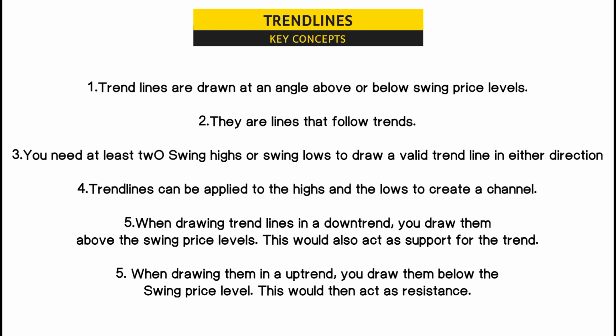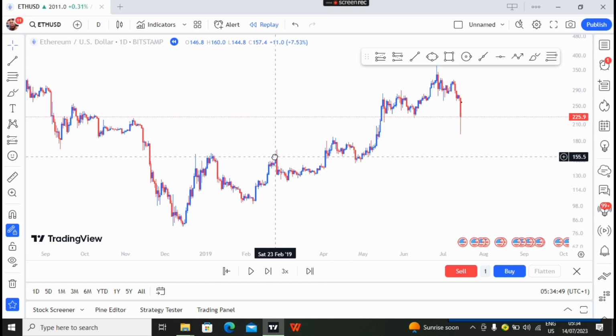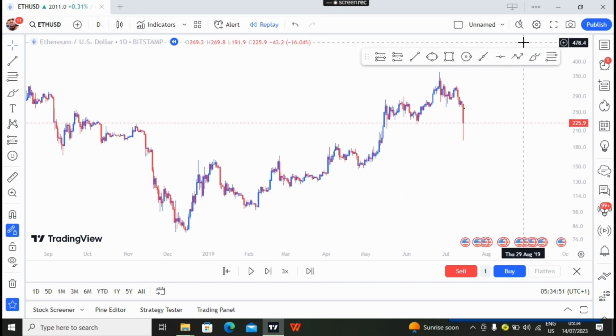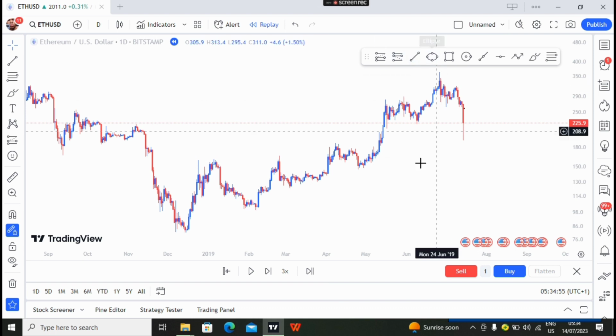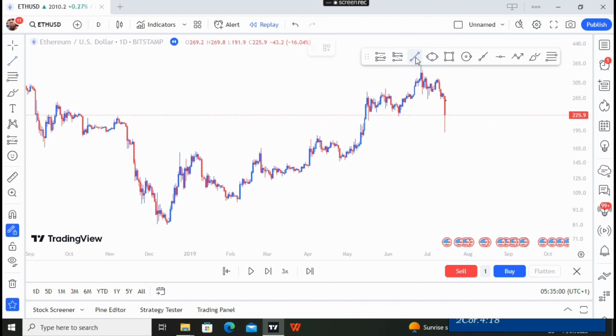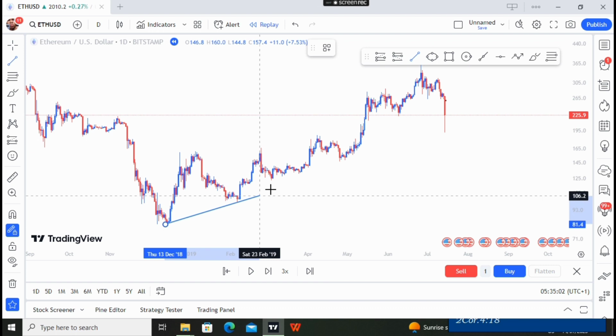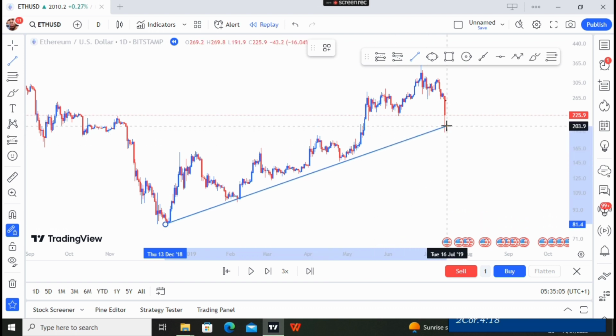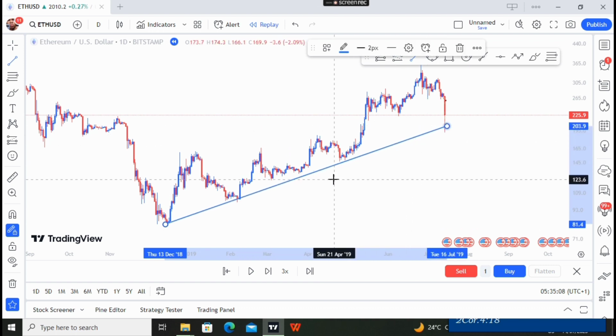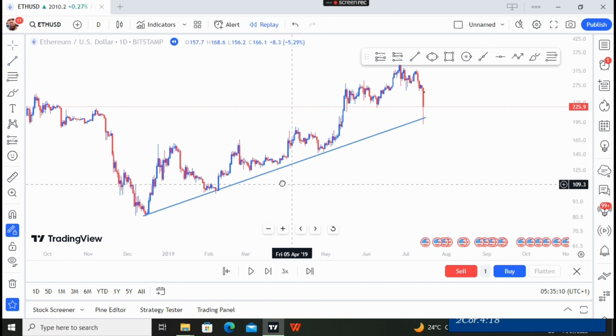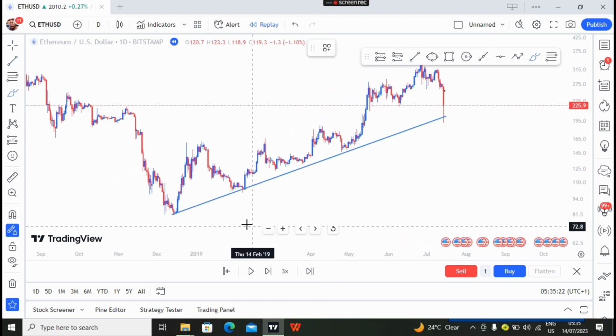To illustrate, let's look at a live scenario on our trading view chart. Drawing trend lines depends on several factors such as the desired time frame, the chosen swing level, and personal preference. For instance, I will draw a trend line starting from this point. As you can see, this trend line serves as both support and an indicator of the ongoing uptrend in the